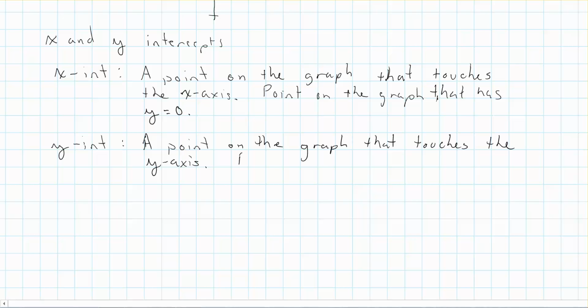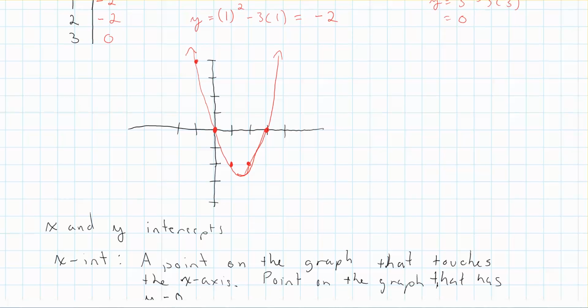Or you can think of it as a point on the graph that has x equals 0. So let's just go ahead and look back at this example, and we can see here, this